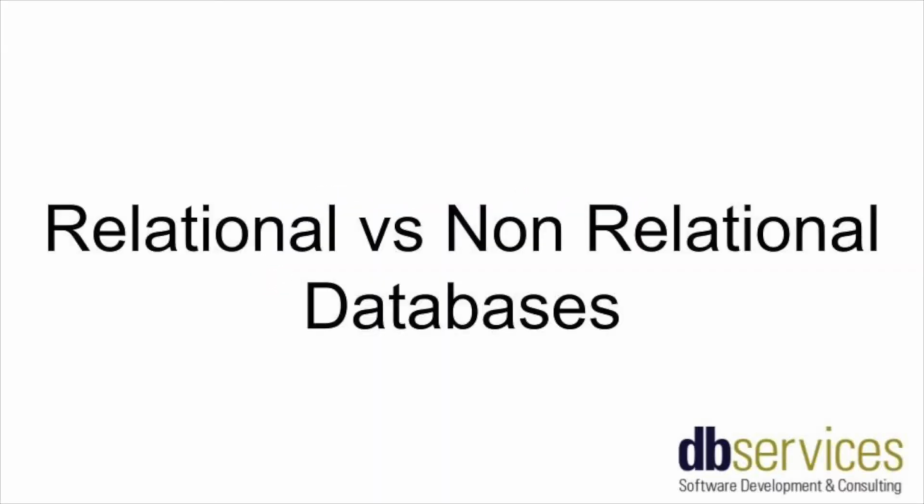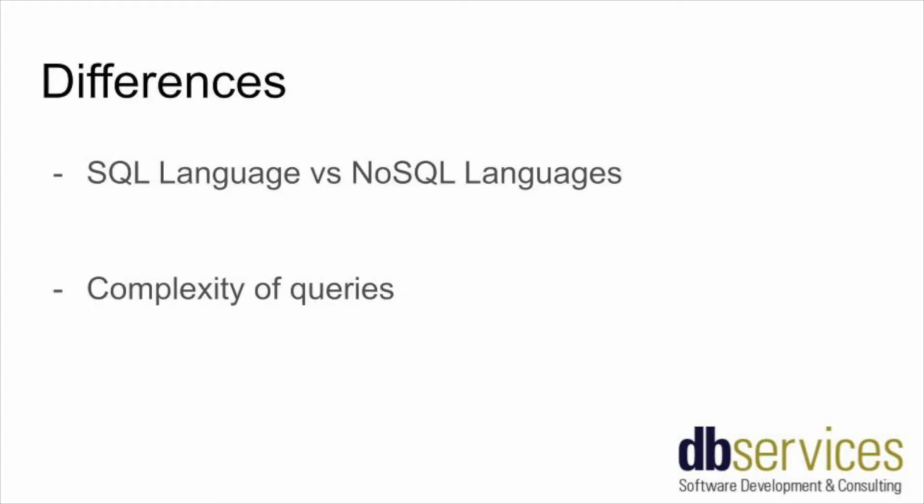In this video, I'm going to talk about some of the differences between querying relational and non-relational databases and show a couple example queries for each. One of the main differences between the two is the languages they use to query. Relational databases use the SQL language to query data. SQL stands for Structured Query Language, and SQL is widely used, supported, and documented. It is a standard for relational databases. This makes it very easy to transition between two different relational database technologies, since the language will be the same.